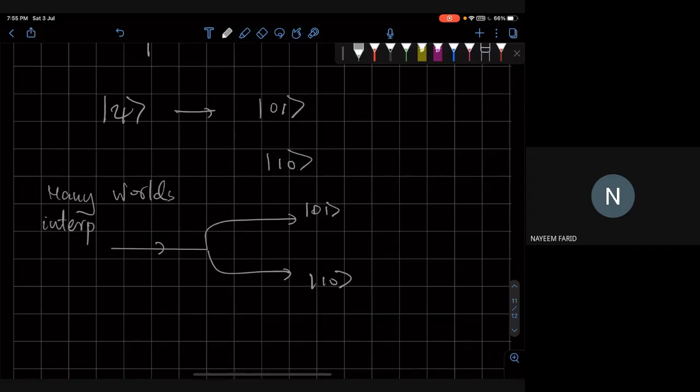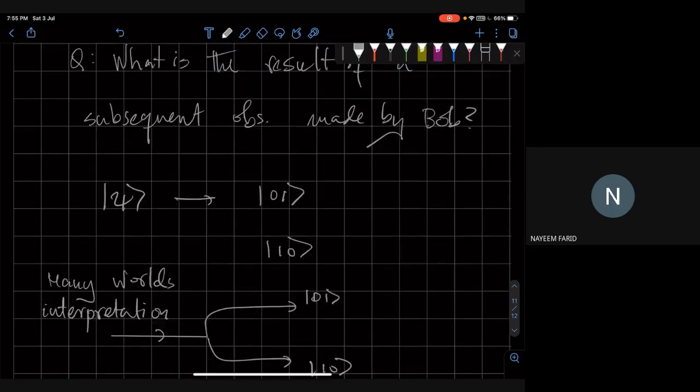Yes, sir. So this is as simple as that. But we are not talking about interpretation here. Now, if Alice observes this, then Bob's observation is determined. Bob is going to get 1. If Alice observes, say, 0, then Bob observes 1. If Alice observes 1, then Bob observes 0. So, in other words,